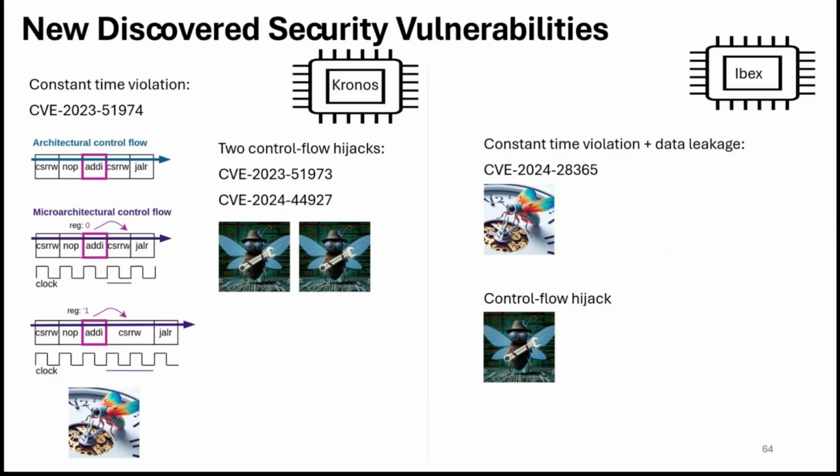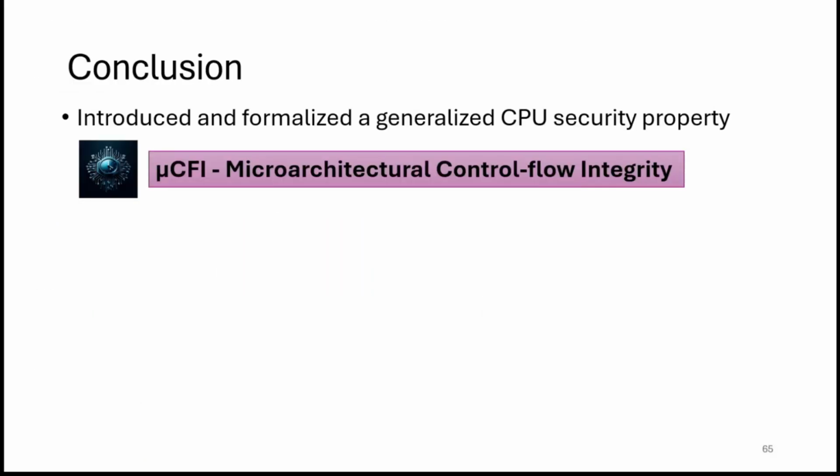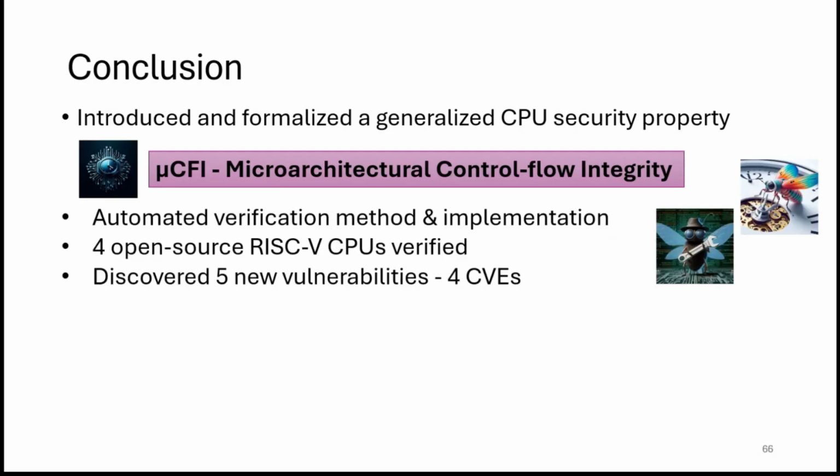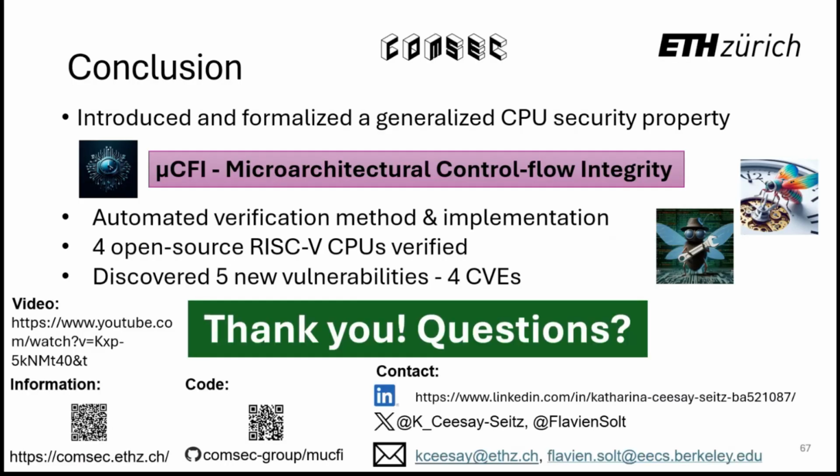And that's particularly interesting because most of the constant time verification methods exclude branches. They don't allow secrets to be accessed by branches. But in our case, because of the declassification, we can access secrets with the branch or attacker-controlled data. We declassify the expected flows, and we still find this kind of bugs where an unexpected flow happens. That was it. So yeah, I introduced MicroCFI now, and thank you, and open for questions.